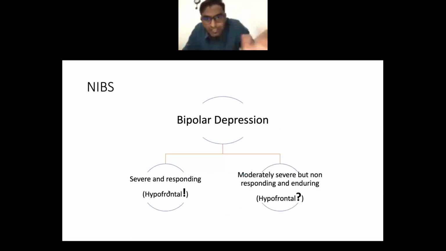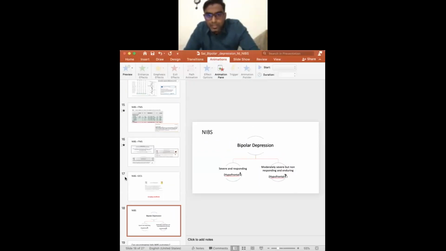So if you see this evidence in total, generally what we see is that if the bipolar depression is severe and responding, that tells us probably that hypofrontality is in action. So somewhere hypofrontality is in the forefront. But in cases where